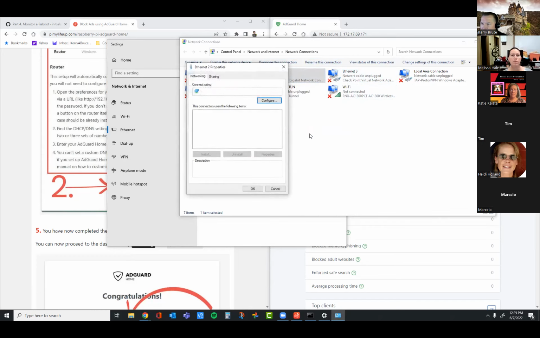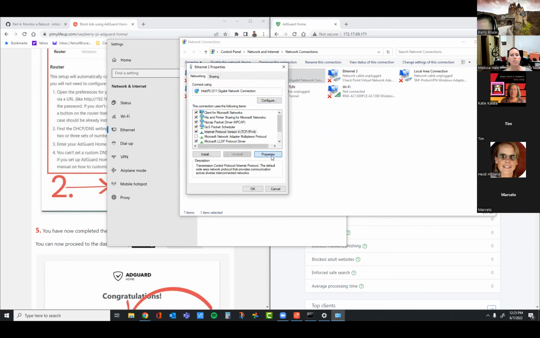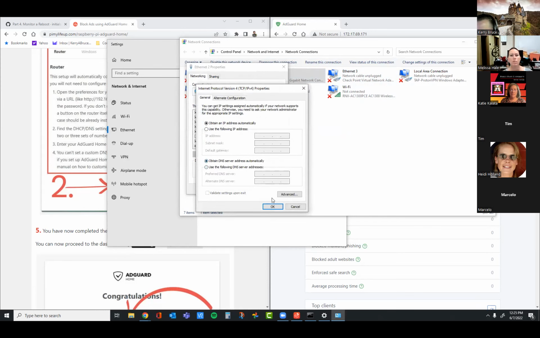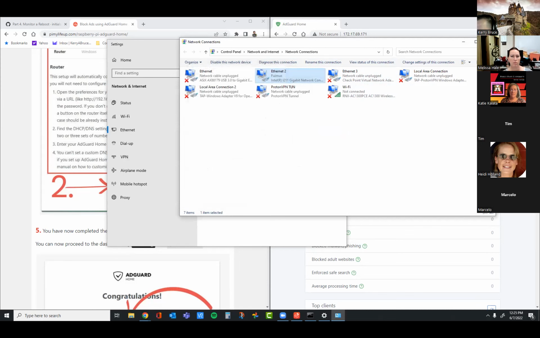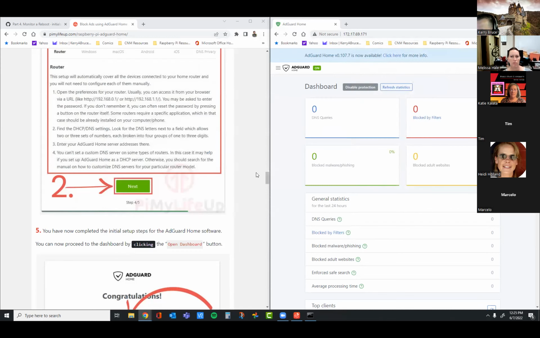Actually, let's do this first. Before I do that, I'm going to go back to how my computer was set up before. So it's a regular setup.